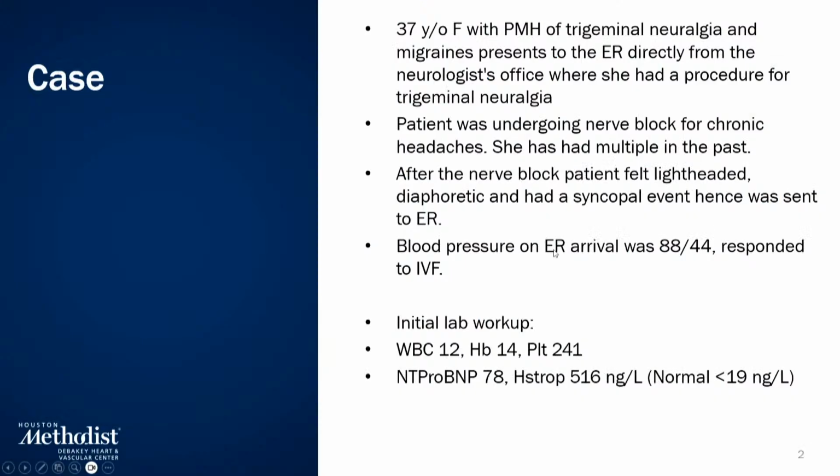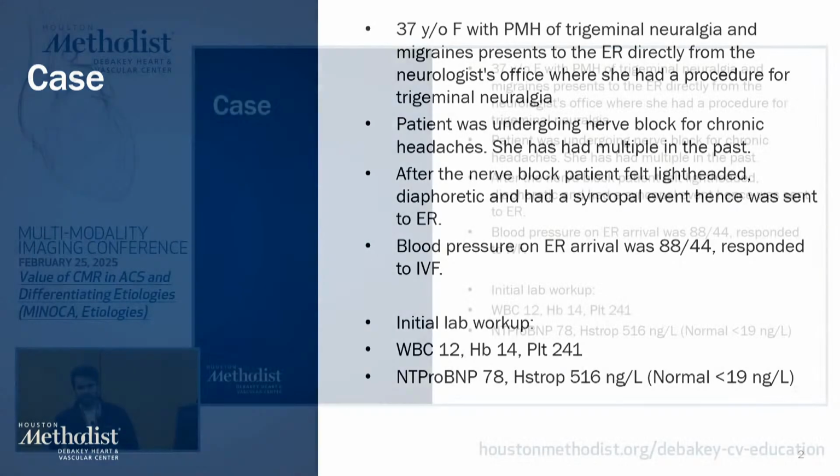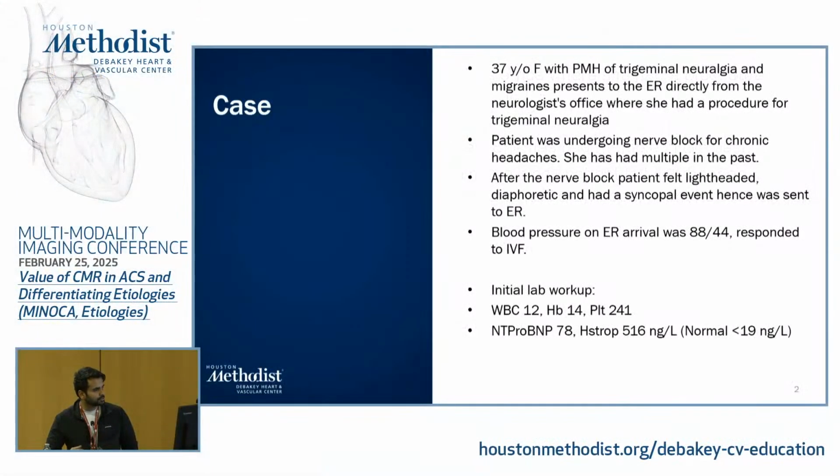So let's start off. A 37-year-old female with a past medical history of trigeminal neuralgia comes directly to the ER from a neurologist's office, where she was having a nerve block. She's had multiple of these nerve blocks in the past, but this time she had a syncopal event, her blood pressure was really low, and it responded to fluids. Because she came to the ER, she got a high sensitivity troponin,